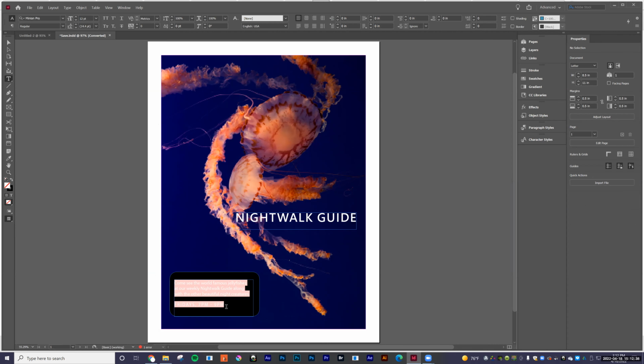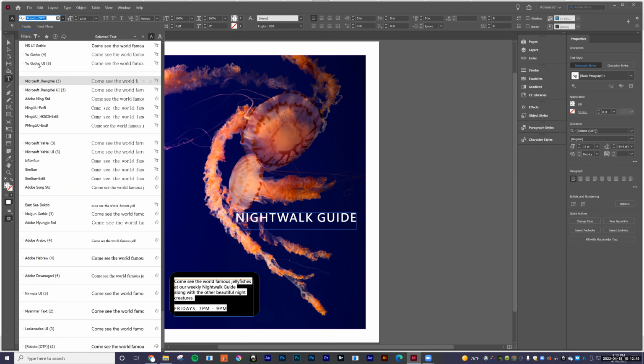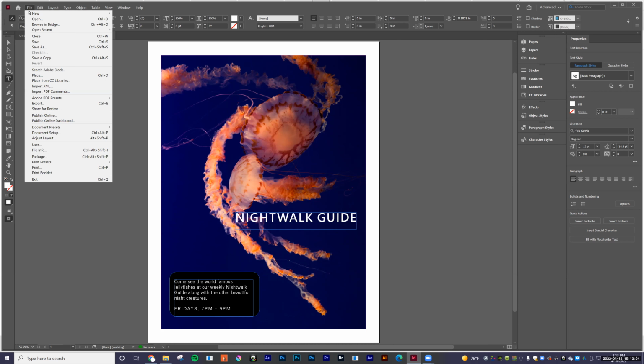And I'm going to do the same thing with this text here. I'm going to scroll over it and substitute it with a similar font. And that looks okay for now. Now, when we go back, we'll spend more time with understanding the ideas about how to import fonts and manage fonts. So first things first is that I want to go up to File, and I'm going to choose Save